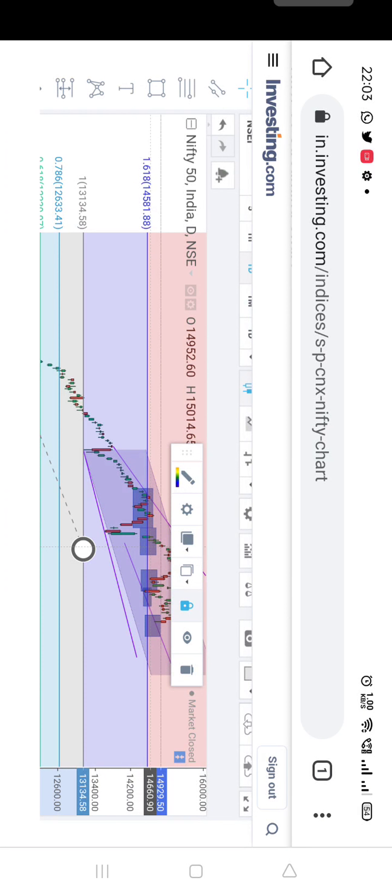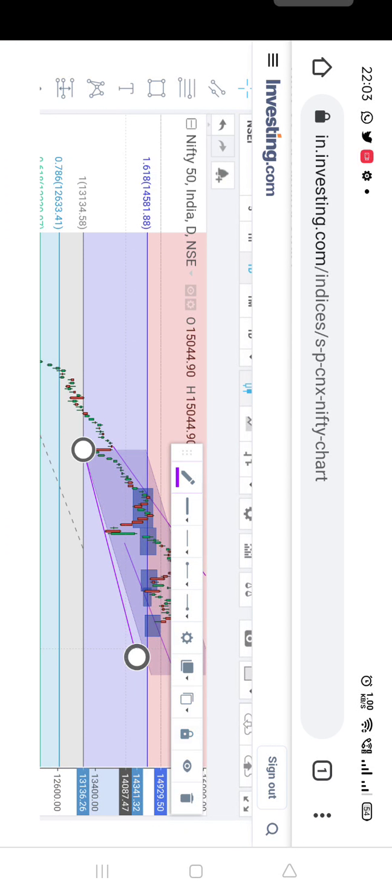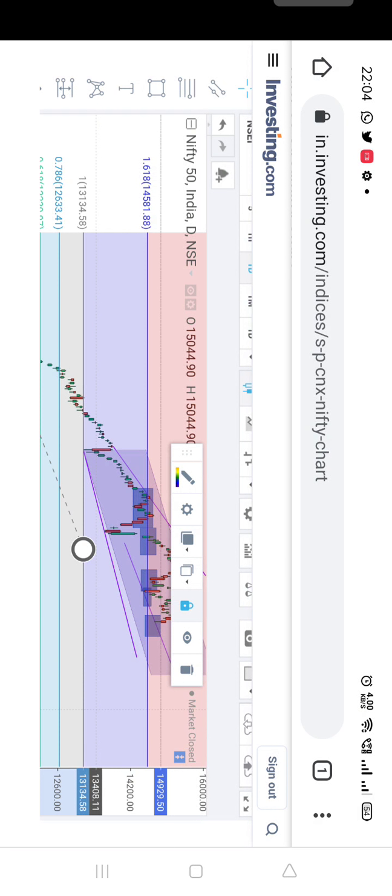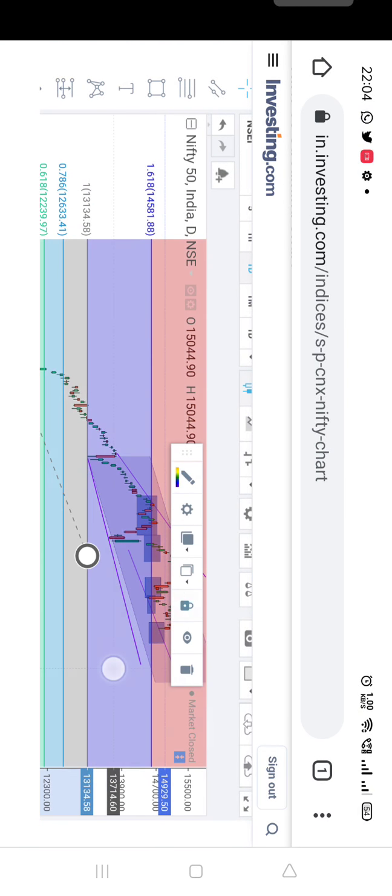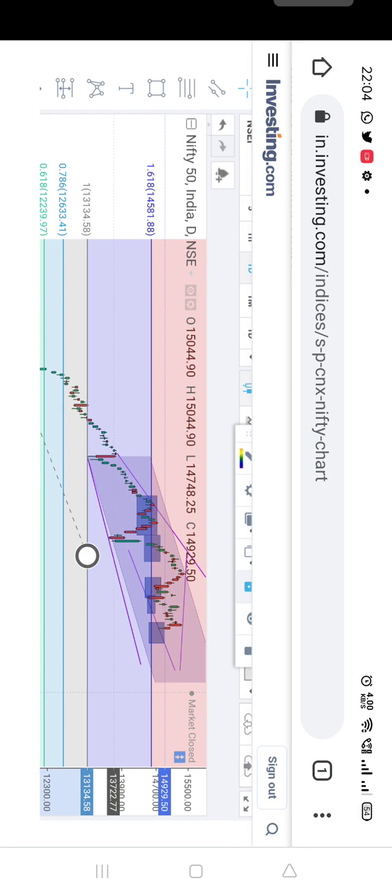And earlier it used to be your resistance, and now that resistance has taken a trend line support which was considered from the recent swing low, which is around 13,150 if I'm not wrong. Yeah, 134, 135 range, 140 range. In that range the trend line support was around 13,600. Yeah, somewhere around 13,600. So that trend line support it has taken, and from there it shot out, and